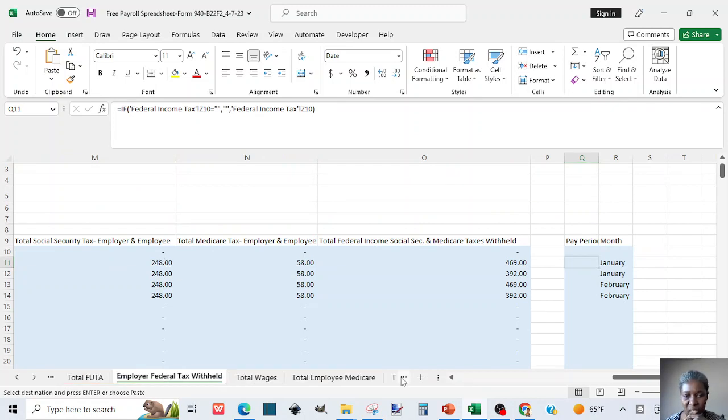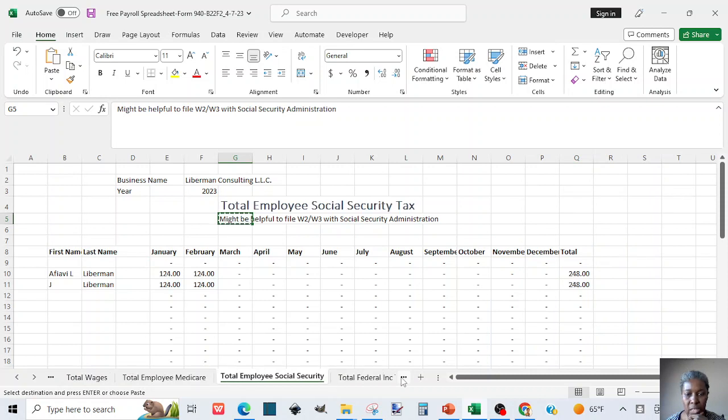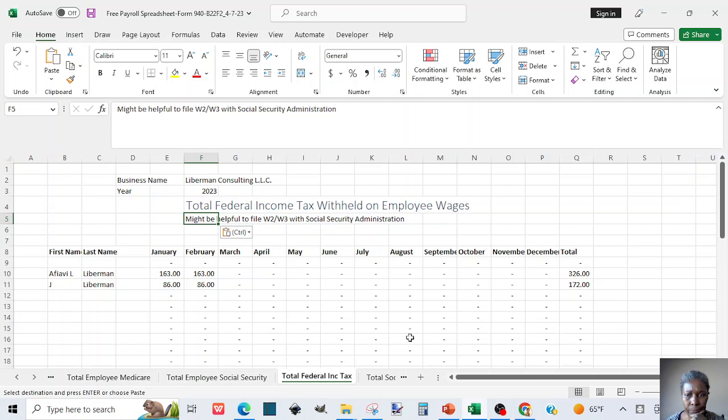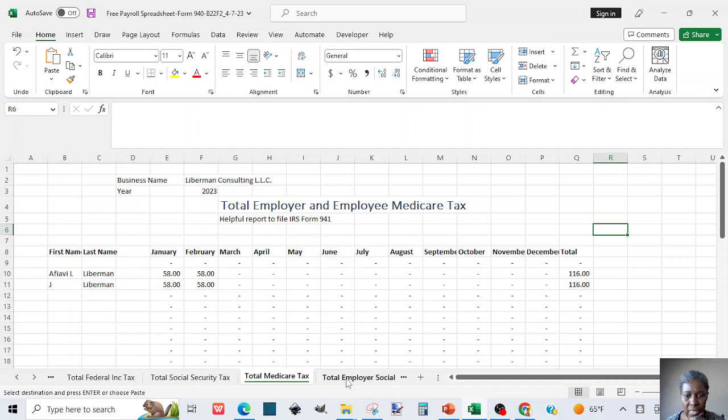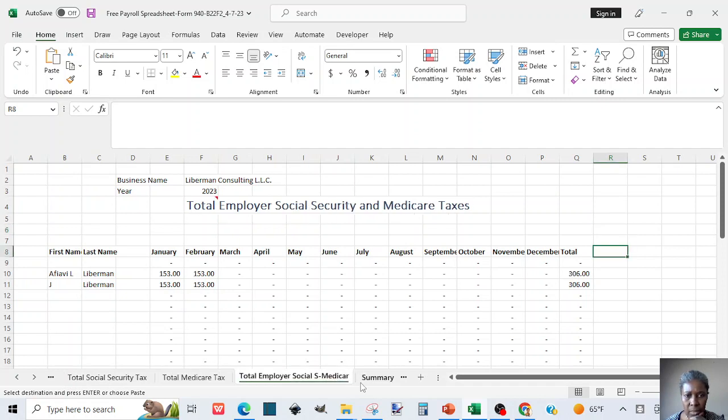So it'll be good to check it to see if the formula is not broken. Okay, and then the federal income tax, I believe we talked about that already, and the total Social Security and Medicare. So now we have the employer portion of Social Security and Medicare. It could help you know how much you need to put aside in your bank account for tax,